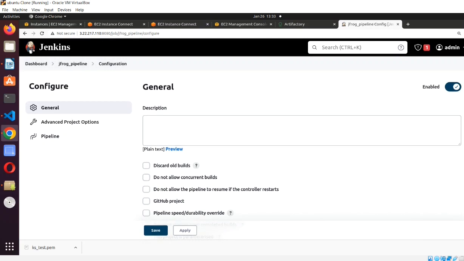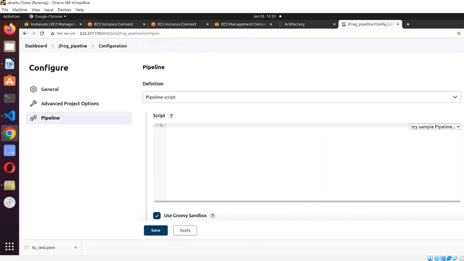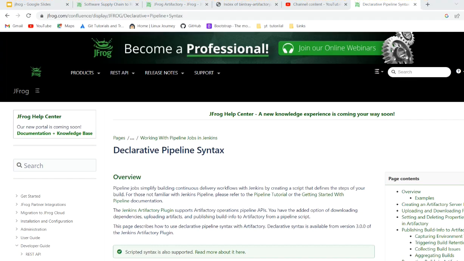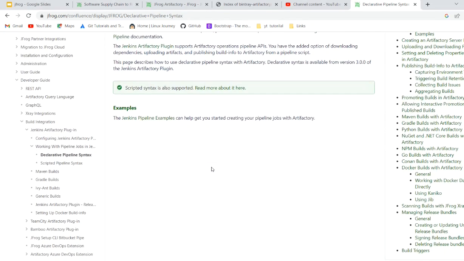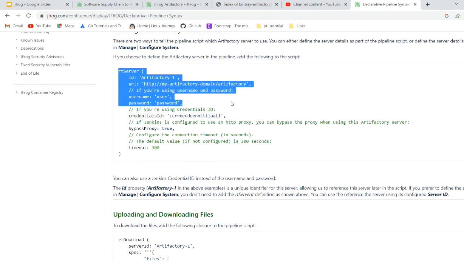Any description, any old build, any build trigger you want to give, you can give, but our main focus of this video will remain on declarative pipeline. So this is the syntax of the declarative pipeline provided by the official doc or by JFrog,